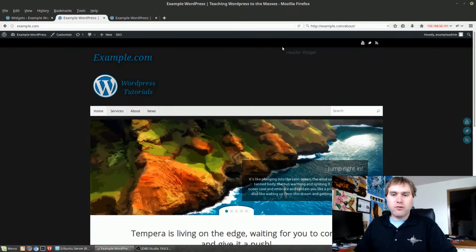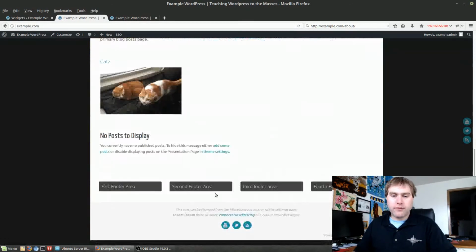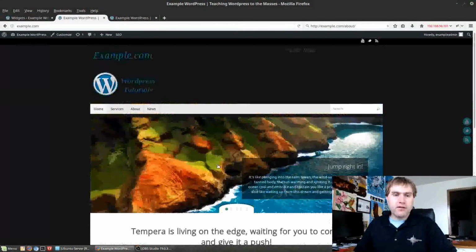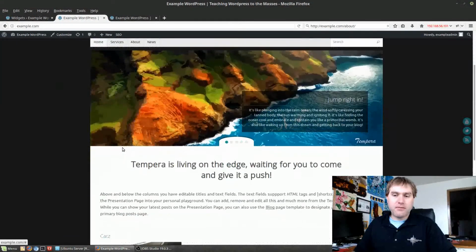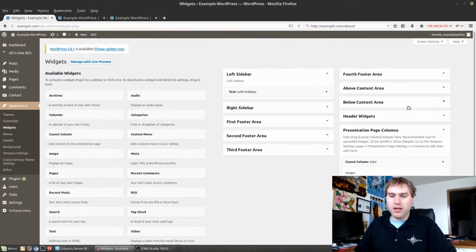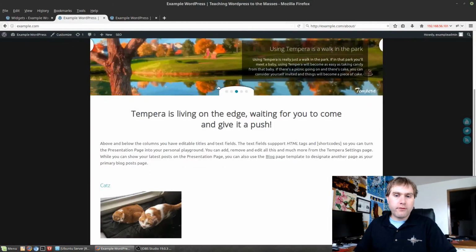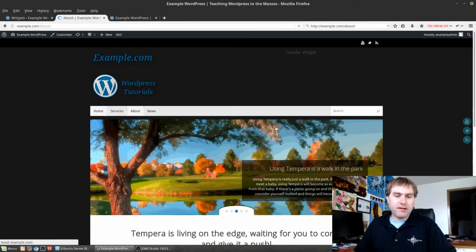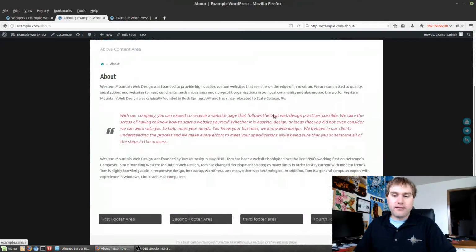So here you can see where the header widget is. You can see where the footer widgets are. You'll see that on this page it did disable the above content and below content. We saw the header. The presentation page is just on the home page. If we go over to look at a single page, then we'll see that, like this one here,